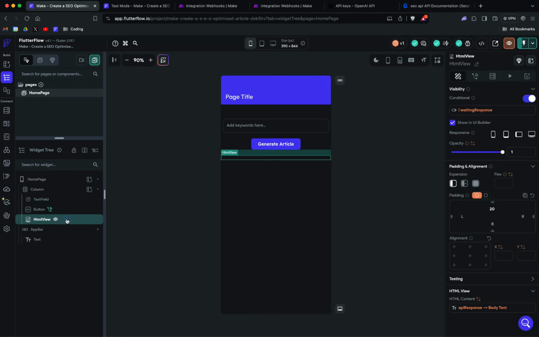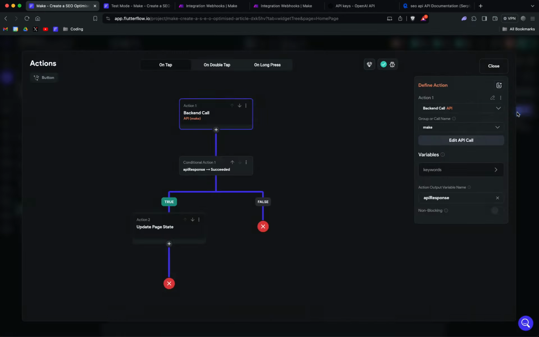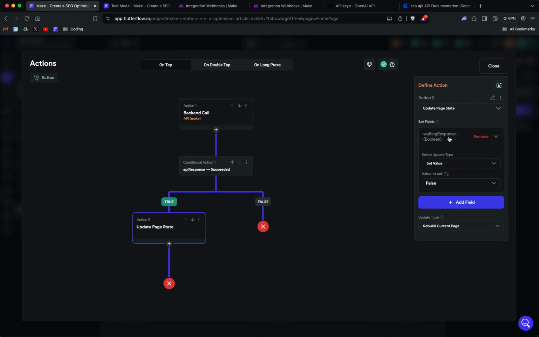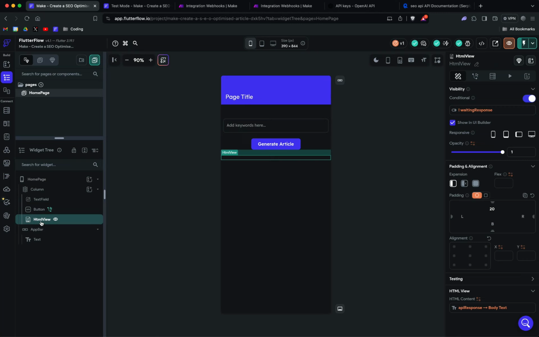And if we come down to this HTML view widget, this will be shown if it is not waiting. So just to make that clear. This update page state is essentially changing that waiting response to false, meaning we're not waiting anymore, it's returned. Probably we could have used a better name for it, but that's kind of what I've gone with. So that when that's set to false, that means this HTML view widget will be displayed with the text returned